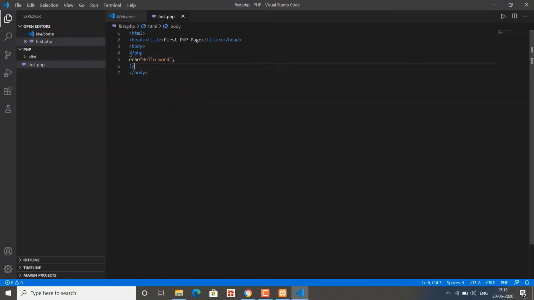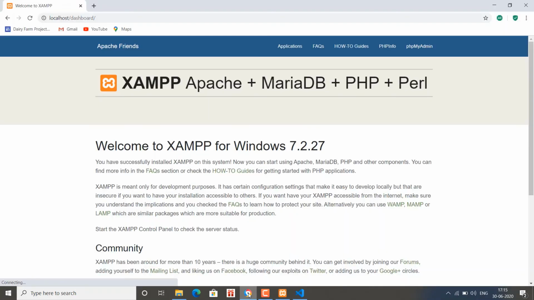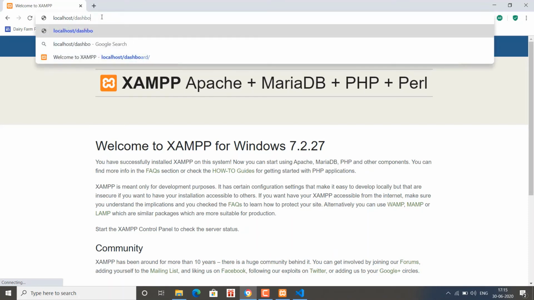After completing this program, I simply have to save it. Once it is saved, open your browser again, and in the browser address bar type the address.